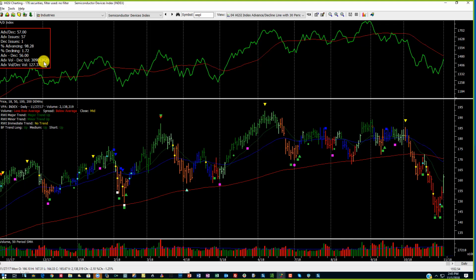Advancing volume is way ahead of declining volume, 127.37 to 1. So massive up volume on this index today, and you can see that it's heading for the moving average. So downtrend line here, I'm not going to draw it, but you can see that it is moving